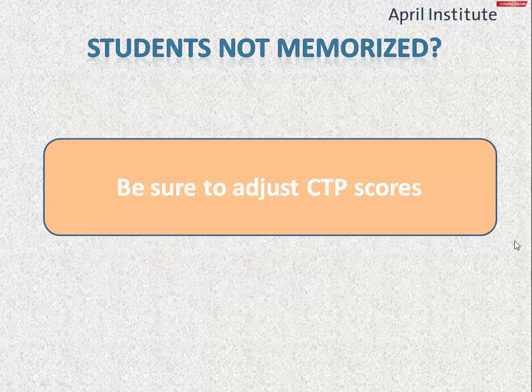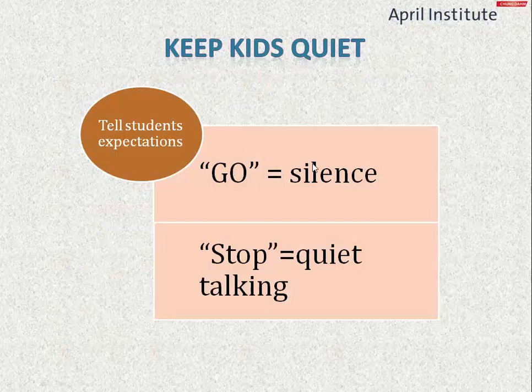So if they didn't memorize, then just give them a lower score. But even if they don't memorize and they're reading the line or repeating it after you, they can still do that and do gestures, and generally you can still get a great finished product. Keeping kids quiet when recording is so important. In the second video of mine that wasn't so great, you could hear the kids talking and moving, and so it really took away from the quality.